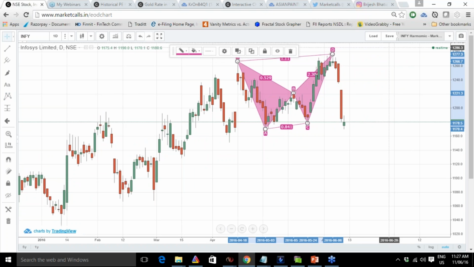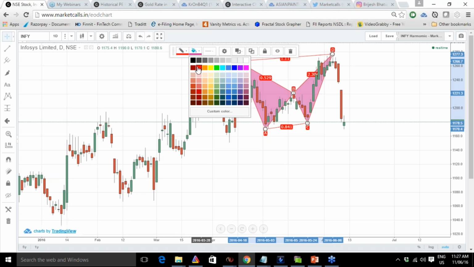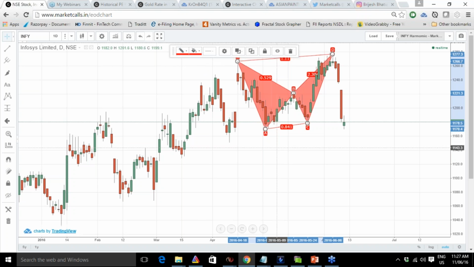So you can save this as a study, and if you want to change the color, whatever is comfortable for your eyes, you can put it, and then you can share it with your friends. If you feel that the time scale